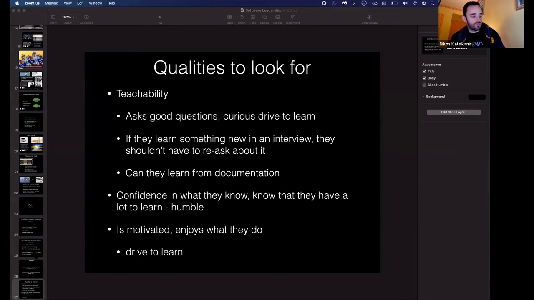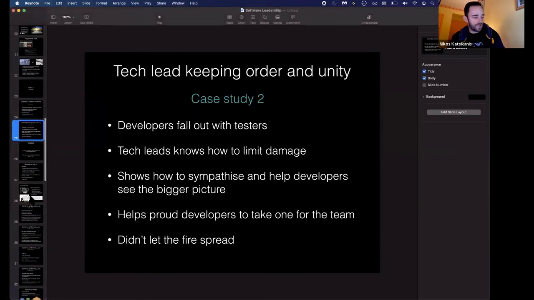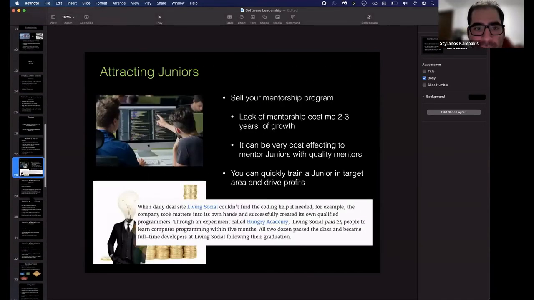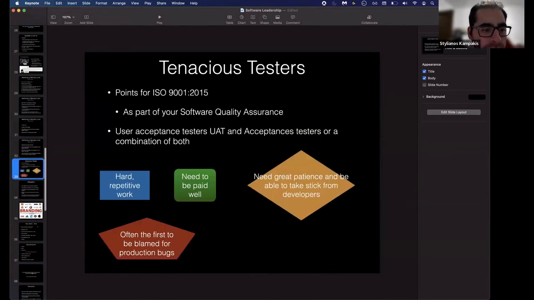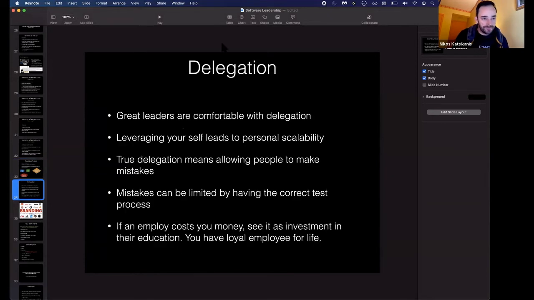We'll jump into recruitment. I think that's probably quite an interesting topic. So right now, the market's changed. The market has become